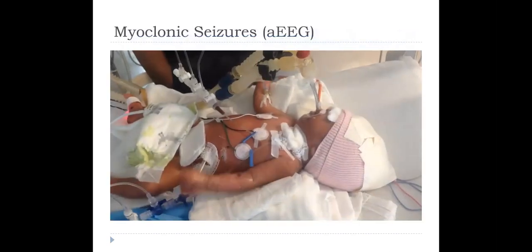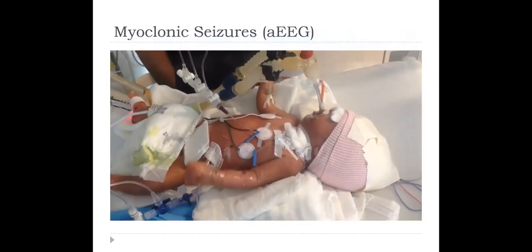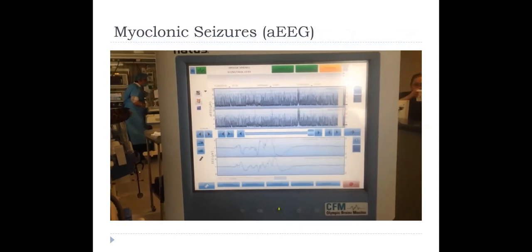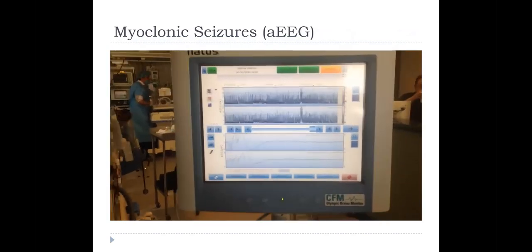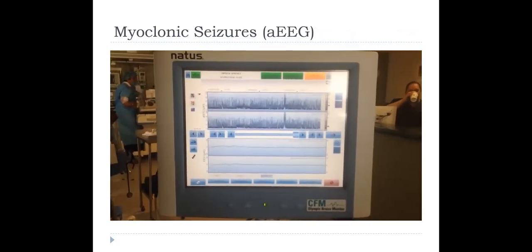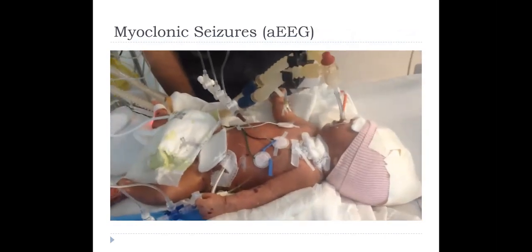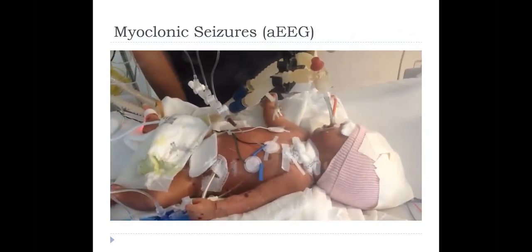This is an example of myoclonic seizures. The duration of myoclonic seizures is very short, and they are very repetitive. You can see the association between the movements of myoclonic jerks